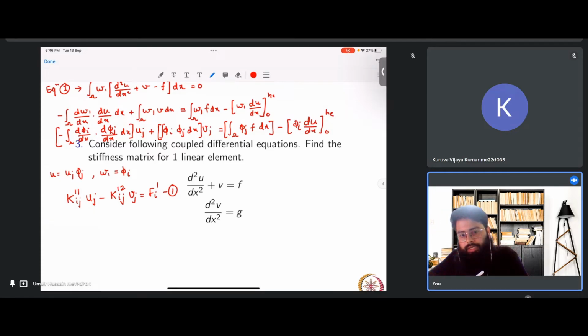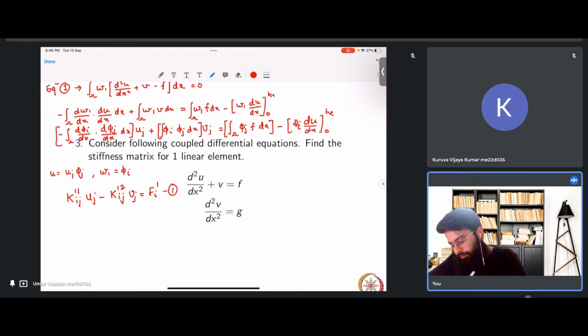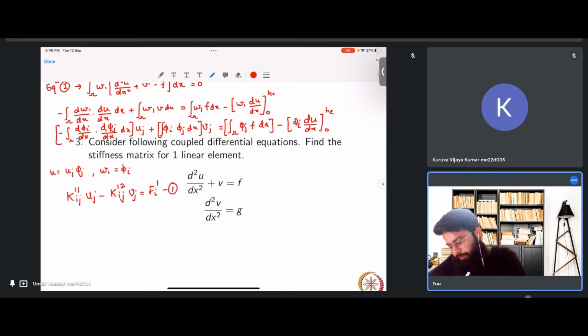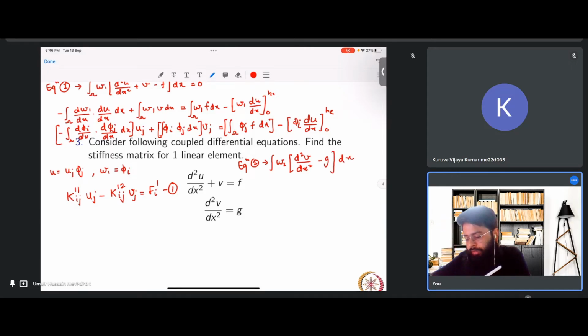And the second part, we can do the same. We need to get the weak form of the second equation. So for equation 2, we have the weight function here. We'll take w2 here, d squared v by dx squared minus g, dx equals to 0. So now doing the integration by parts again, we have